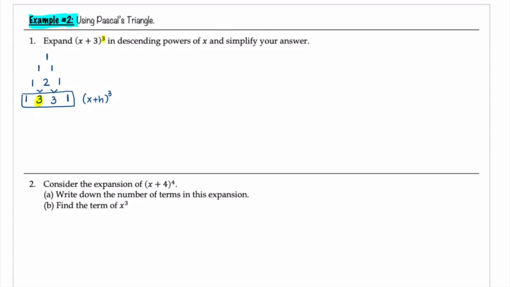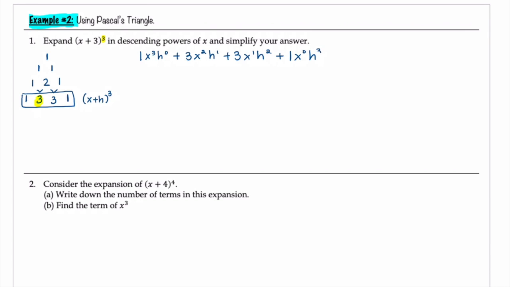So I'm going to just rewrite what I did in the previous one. x plus h would be 1 x to the third, h to the 0, plus 3 x to the second, h to the first, plus 3 x to the first, h to the second, plus 1 x to the 0,